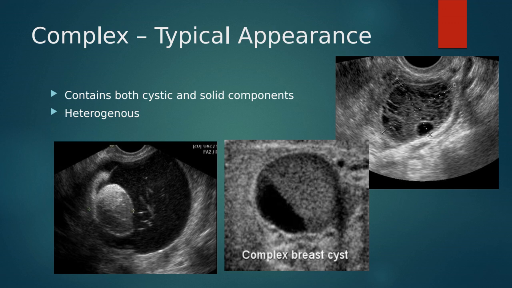So a little kind of a brain tease there is that you have organs that can or should be benignly complex because of how they're composed, but when we're talking about a mass or we're talking about a finding, we don't want to see complex because that solid component is what we're concerned about. That solid congregation of tissue and cells is going to lead us to believe that there's something more